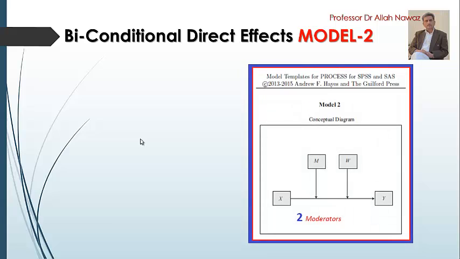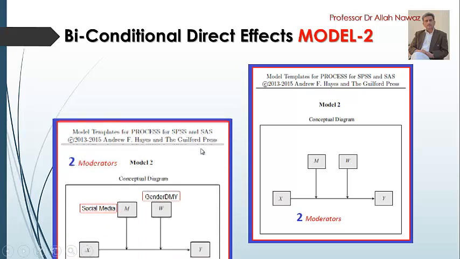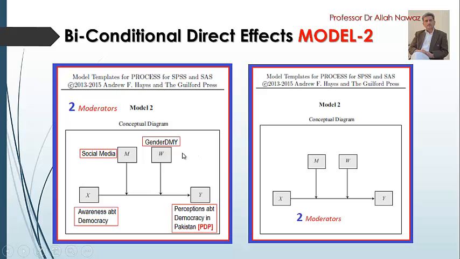The model used for this purpose is Model-2 from the Hayes database, and as we have already seen, the X and Y relationship is affected by M and W as moderators. We are using a database in which there are four variables: awareness about democracy, perceptions about democracy in Pakistan, and this relationship of X and Y is moderated by the M moderator, social media, and the W moderator. We have used gender and dummy coded it for this purpose. So